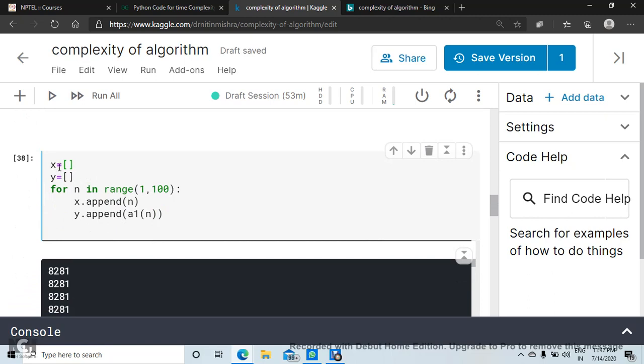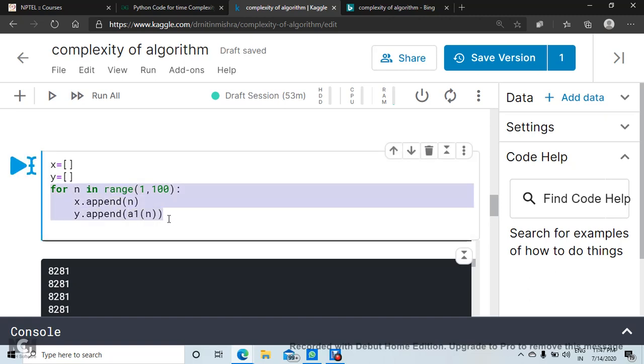Okay, so I have taken two lists in Python. One will keep the value of n, which will range from 1 to 100, and the other will capture the time taken by algorithm for a particular input. Okay, so this is the code which is going to store, means when n is 1 it will store 1, and correspondingly what is the time taken by a1.